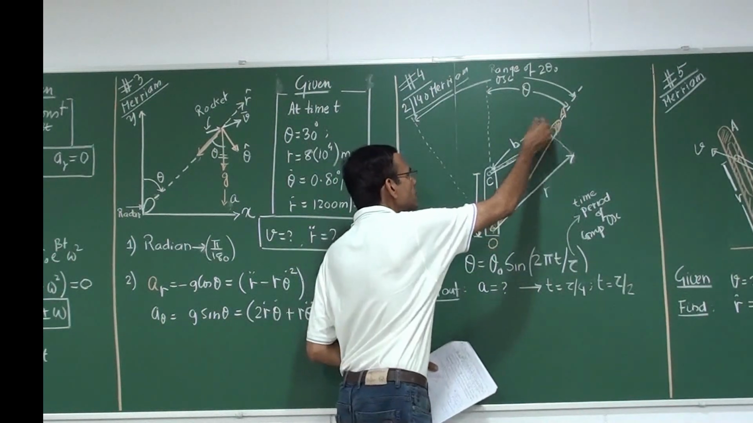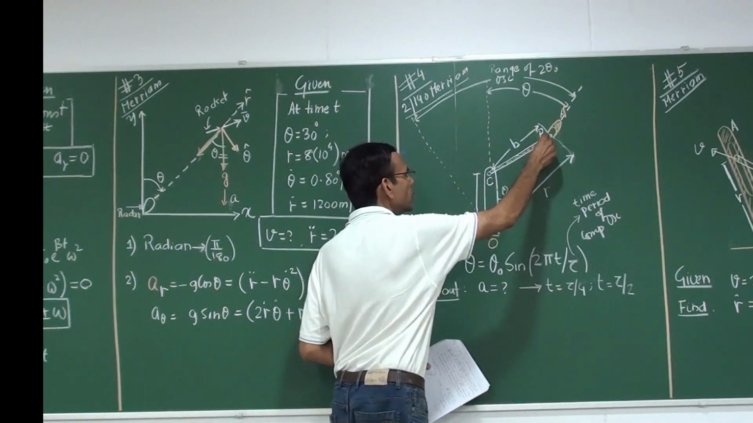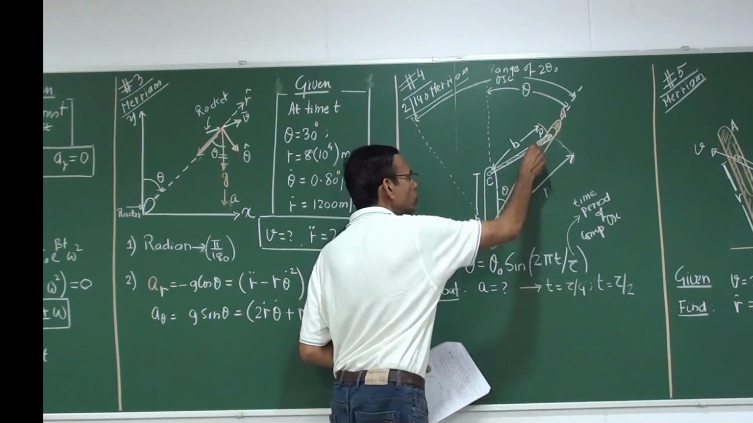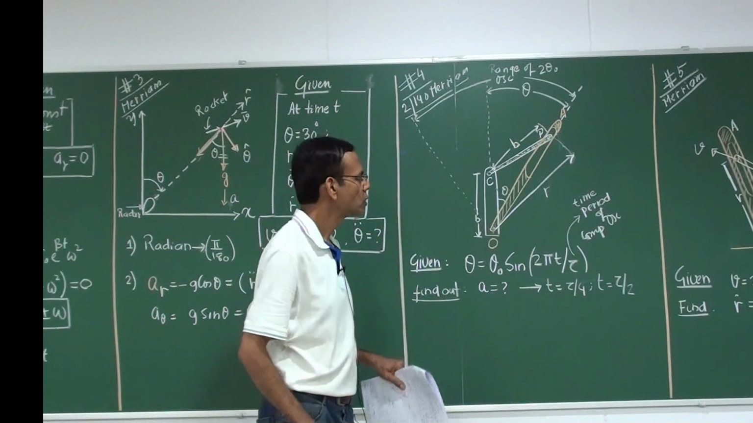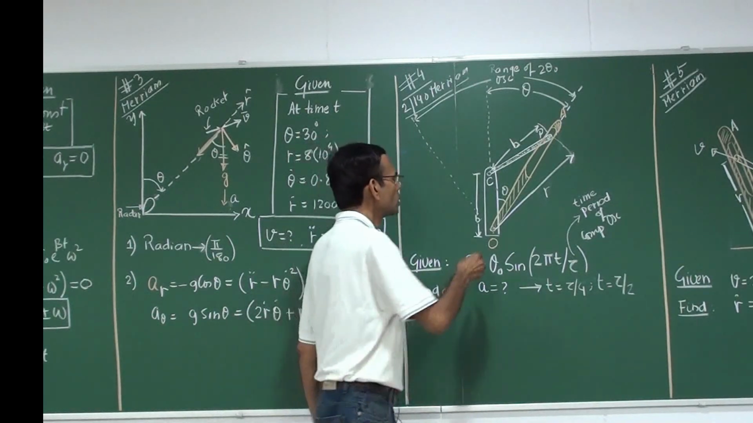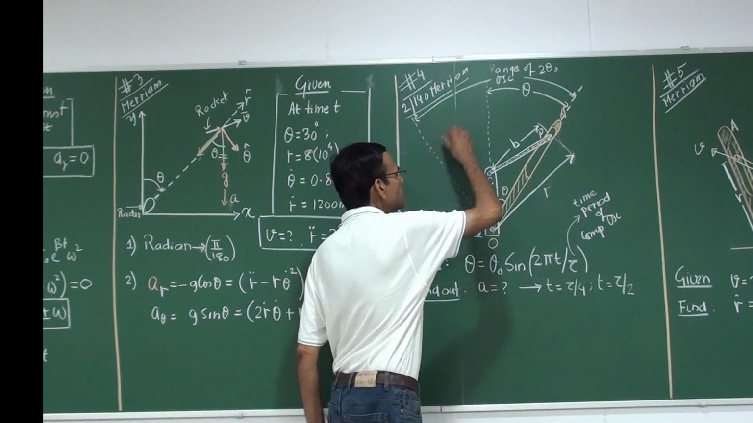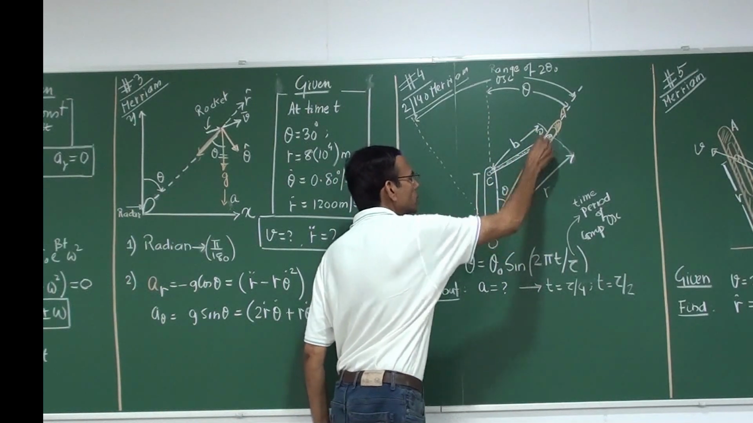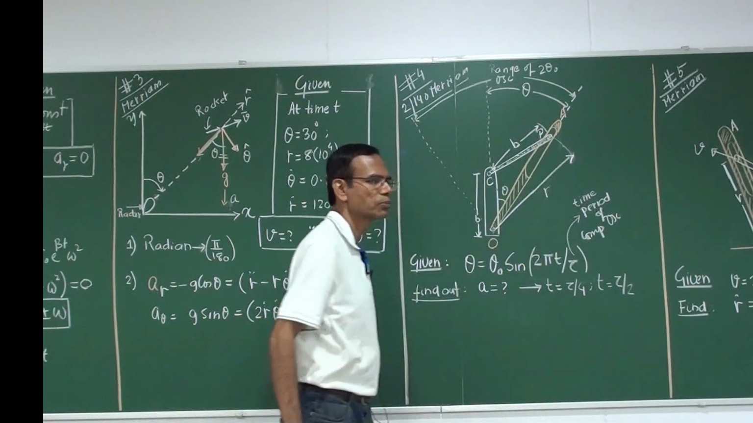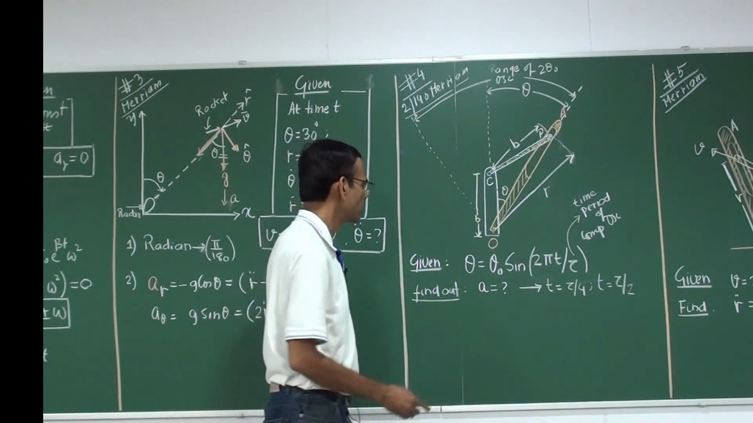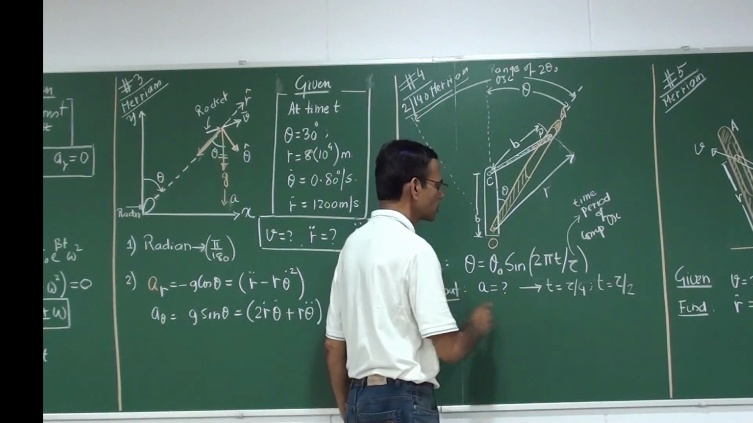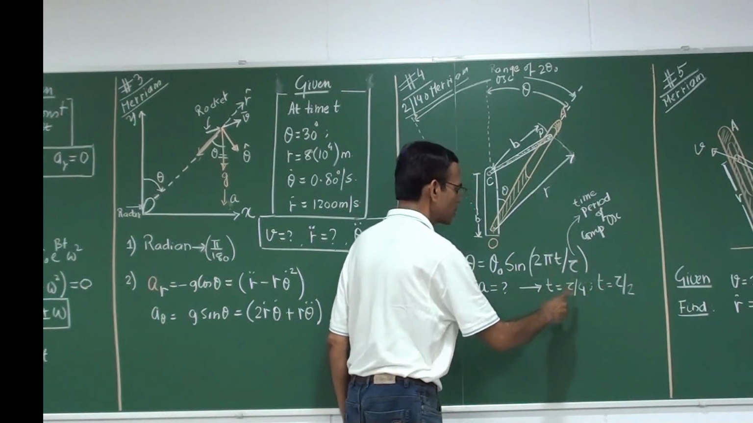So as this is moving from here to here, this pin is doing a to and fro motion. So is this problem clear to you? As it is moving like this, it is simple harmonic motion. So the question is, they have asked, find out the acceleration at two different times, that is tau by 4